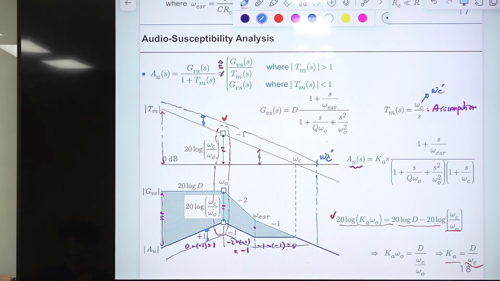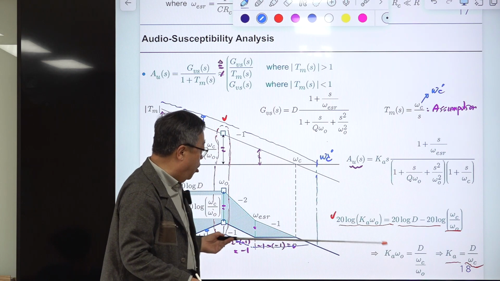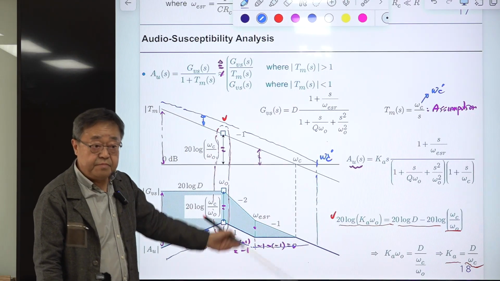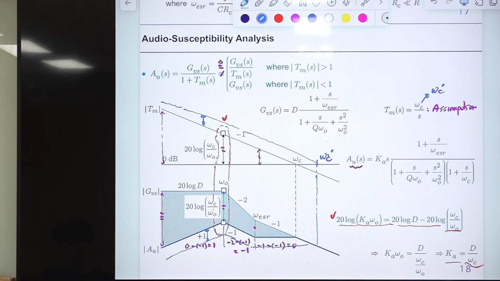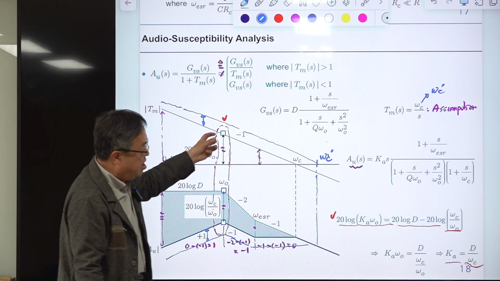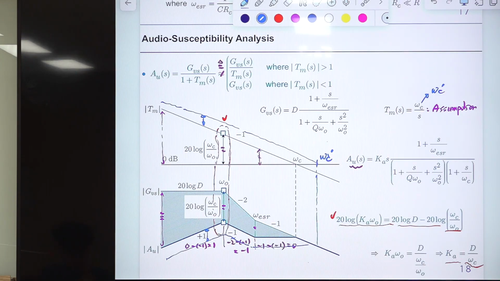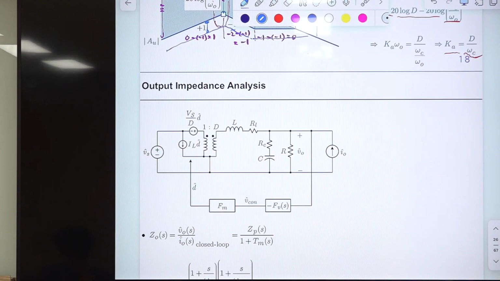Okay, so this is the most important slide about this graphical construction of the asymptotic plot and extraction of the transfer function. Okay, this is the graphical approach. This can be considered algebra on graphics. So you are not doing any calculation or anything. Just graphically you extract all the information. All right. So this is audio susceptibility analysis,